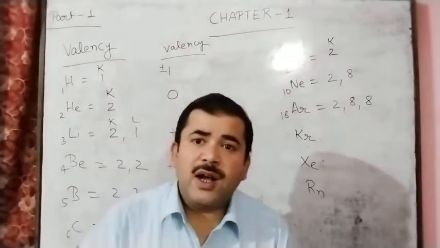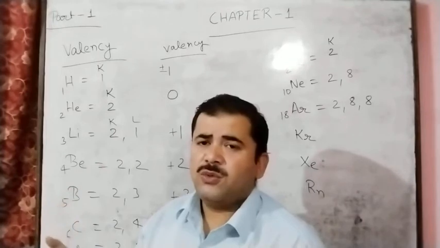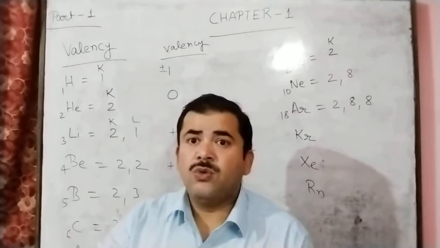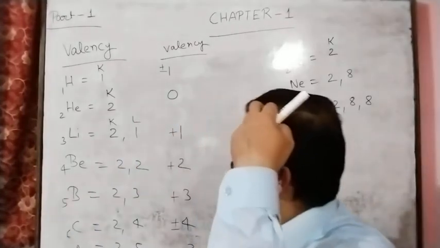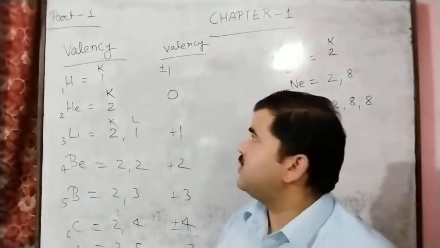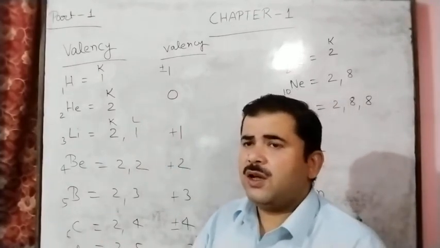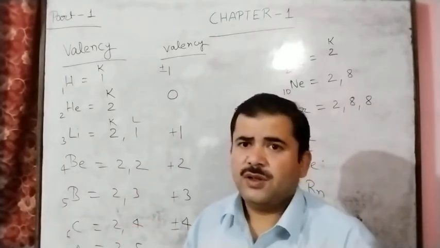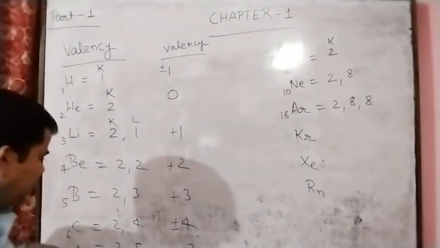So here if anybody asks what is the valency of hydrogen, you will say 1, and according to the nature you will say minus 1. This is in accordance with the rule. Okay, minus 1. And according to the practical point of view, plus minus 1 we can write. Means actual valency of hydrogen you will say 1, and according to the rule, by using the sign, minus 1. So here this is the valency, and after this nitrogen,